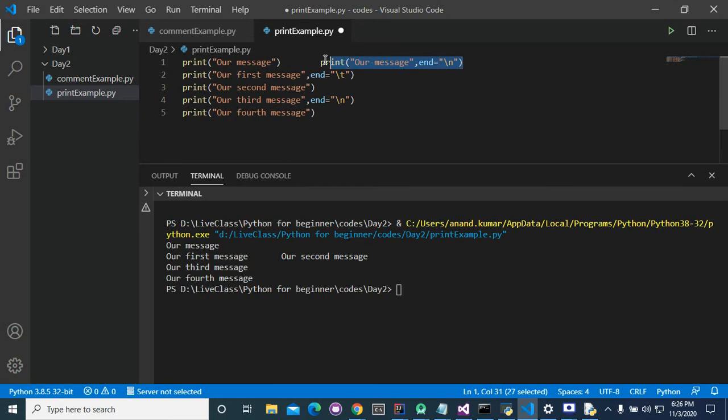Then you can see that the output of this and the output of this is similar. Basically, this is the default value which is specified into end. What default values are, I will explain later, but I am just giving you the example of the importance of the end is equal to message statement. Okay, is it clear now?